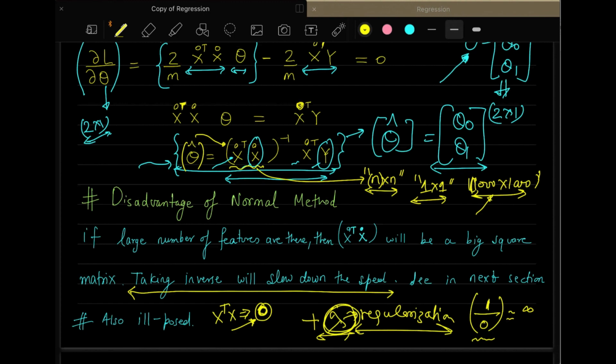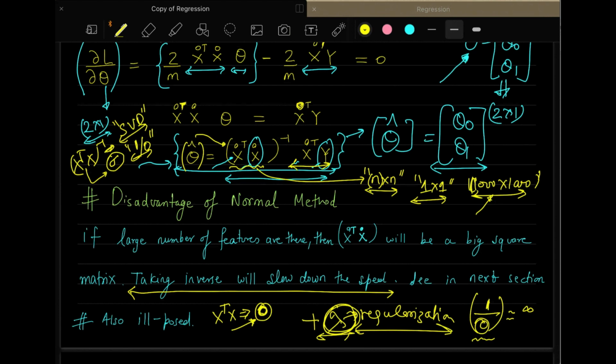Is there any problem in this, any doubts in this explanation? Normally, this 0 happens because when you compute x transpose x inverse, you are doing it through some methods, for example SVD. If you use SVD to compute the inverse of x transpose x, then the singular values that you obtain in this particular matrix can be very small, close to 0. So when you do the inversion, it will be 1 by 0, and that creates a problem, because you are dividing x transpose y by 0, and then the theta value will explode.